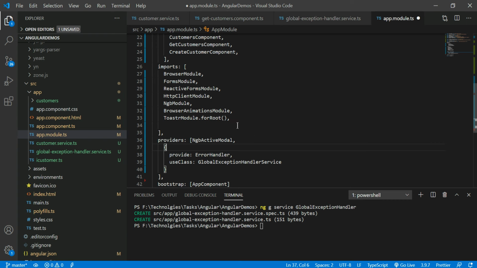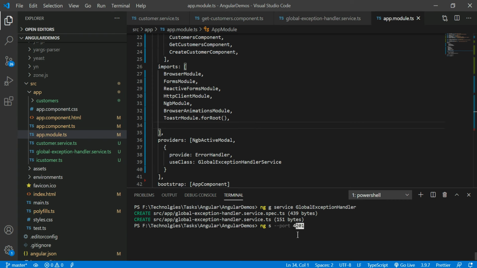Suppose you have not registered it here. Angular can't understand, in case you throw the exception, where that error should be thrown. If you register it in app module.ts, Angular can throw that exception into this location, the global exception handler service. Okay, that is the meaning of this.